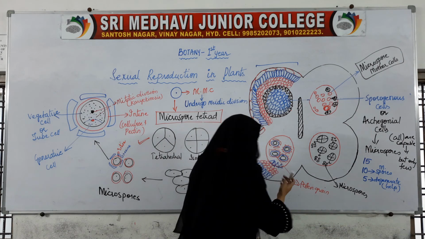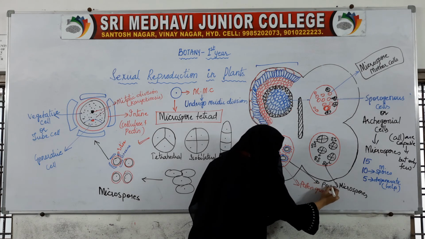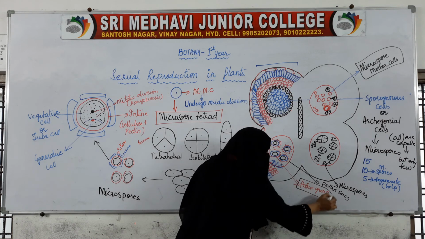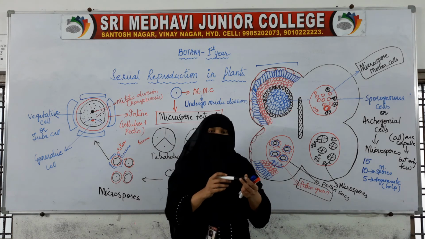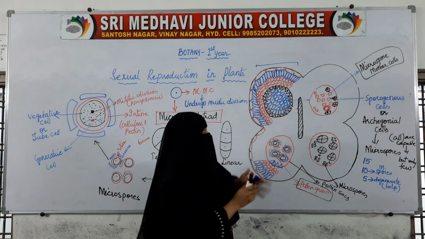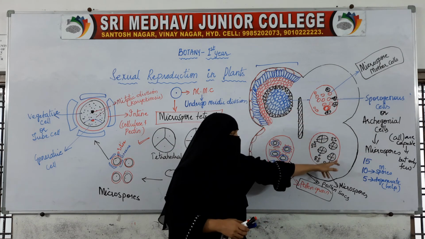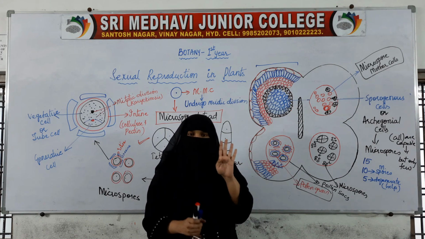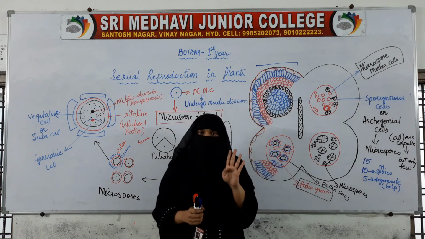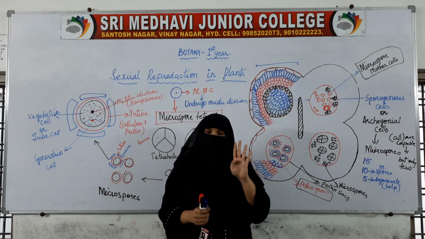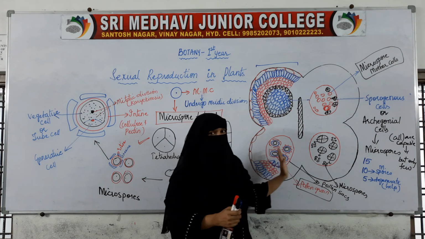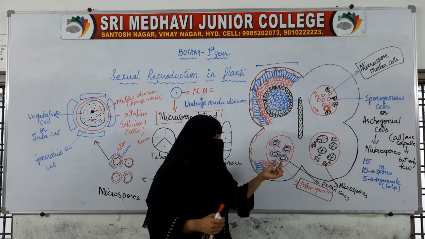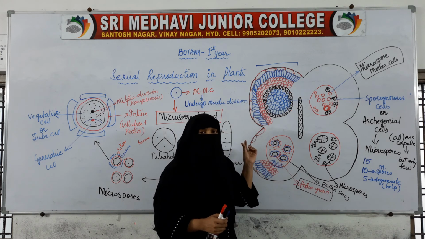This structure is called pollen sacs, and inside the pollen sacs we have the pollen grains. So this is one pollen sac, this is another pollen sac, this is another, and this is another pollen sac. 4 pollen sacs will be present. When the anther is young, pollen sacs are called microsporangium, and when anthers are matured, this microsporangium is called a pollen sac. Inside the pollen sacs, the pollen grain will be present.